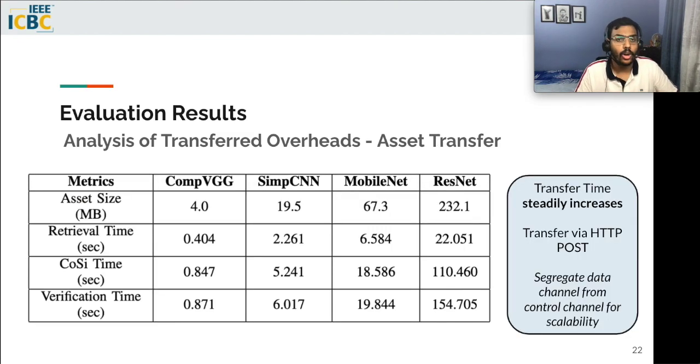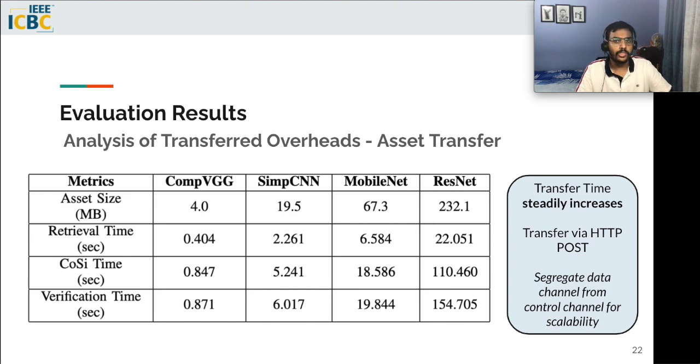The transfer cost includes the retrieval time at the sender, the signing time, and the verification time. We have tabulated the values for 4 models in the table, and we see that the transfer time of the asset steadily increases with increasing model complexity. However, unlike the trend in the previous slide, the cost of the transfer overhead scales slightly faster than linear.